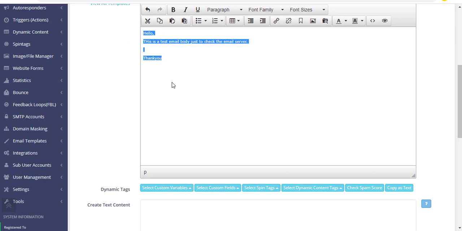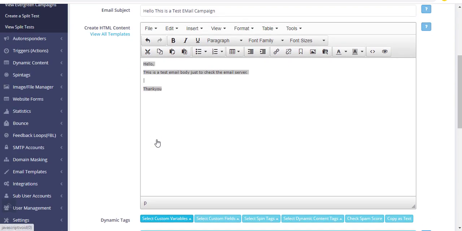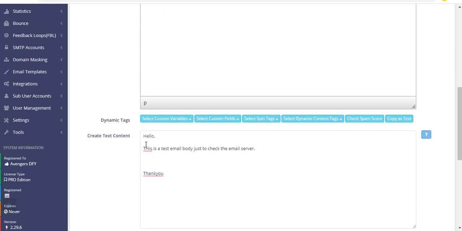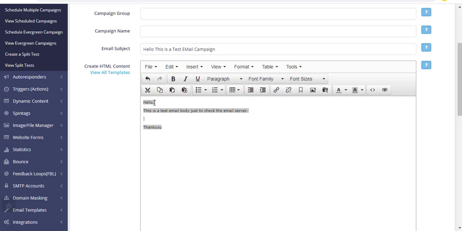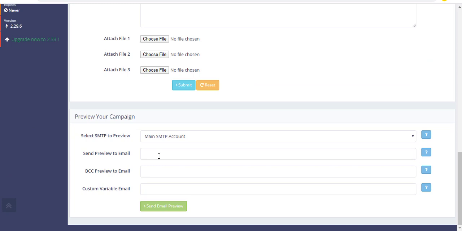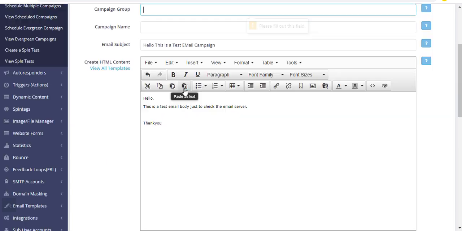And the same thing we have to type in create text content here also. Actually, this content is used for HTML content. In fact, I think there are a lot of templates also, but for this purpose, I'm not going to go deep into it. I'm just typing a few things. We can even test the preview of this email by sending it to one of the emails also. But right now I don't want anything else.